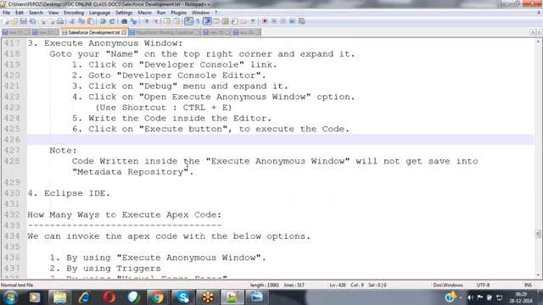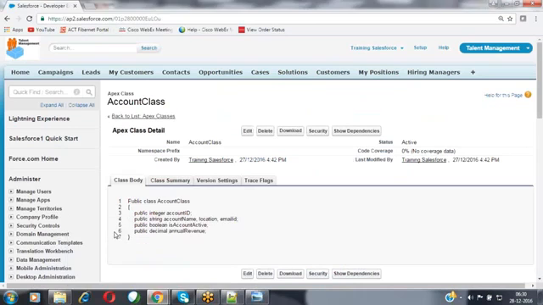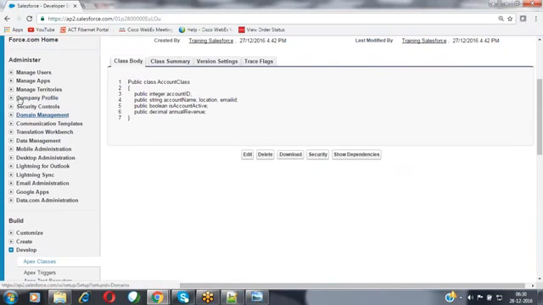Feroz asked, as a Salesforce administrator, how can we extend that? In the unlimited edition, you will be having the rights. Inside the data management options, the characters limit option is available to you. In the free developer edition, you will not be getting those options. In the unlimited edition, inside this data management, the characters limit options are available, by which we can extend the number of characters limit. Okay.